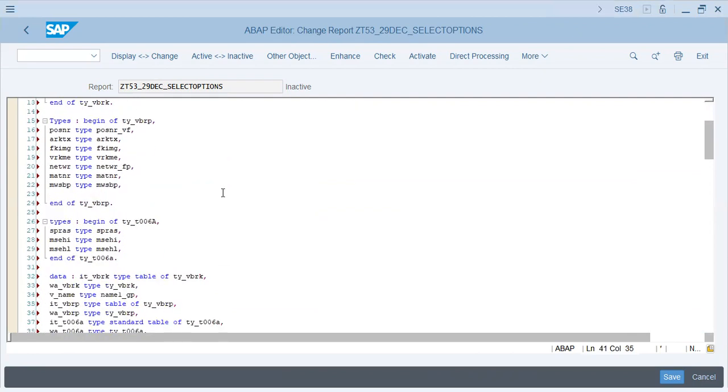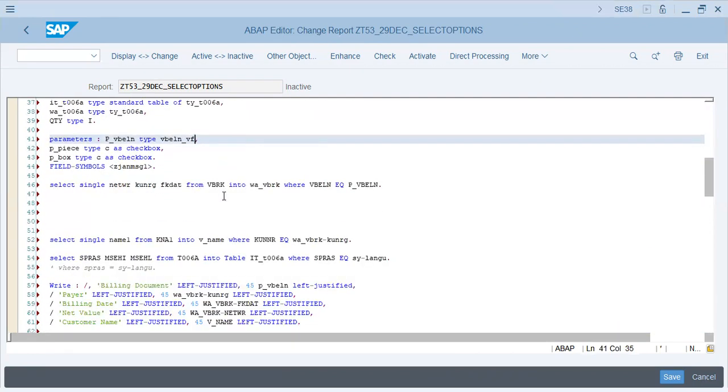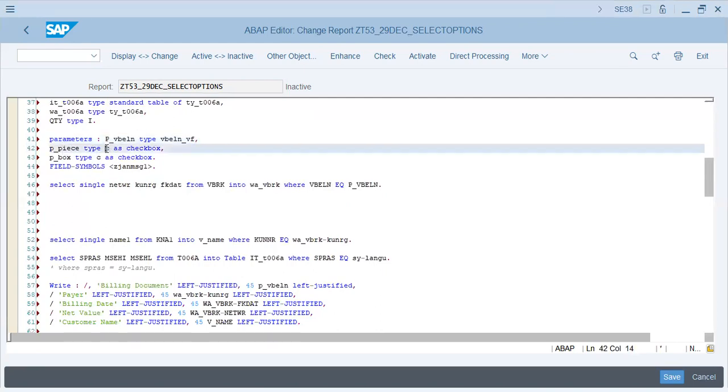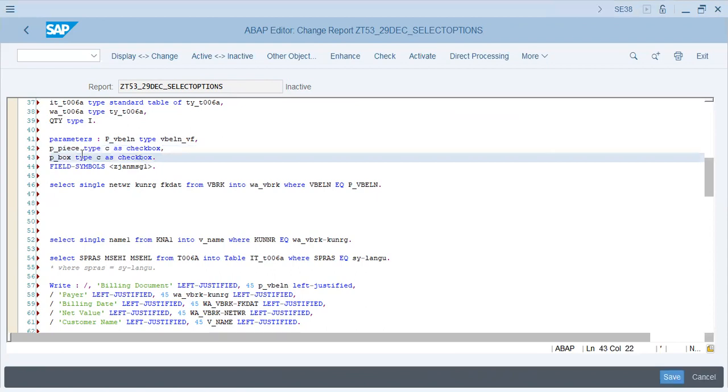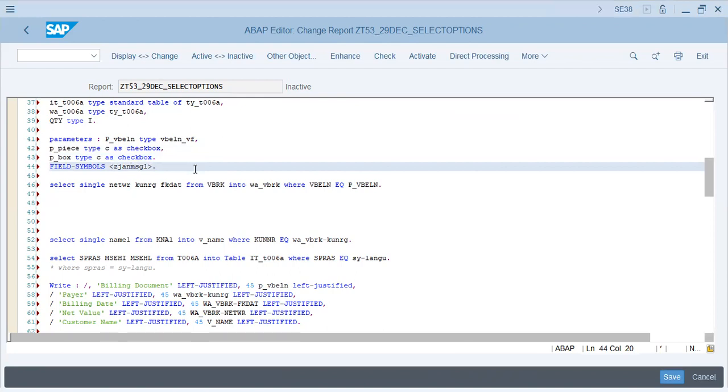Do we have vbeln_vf? No, we have not. Okay. P piece type C as checkbox, which is character. Checkbox will be stored as a character. P box type C as checkbox, piece or box. Field symbols. Now this is basically a